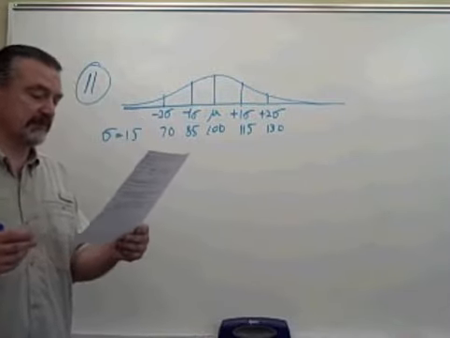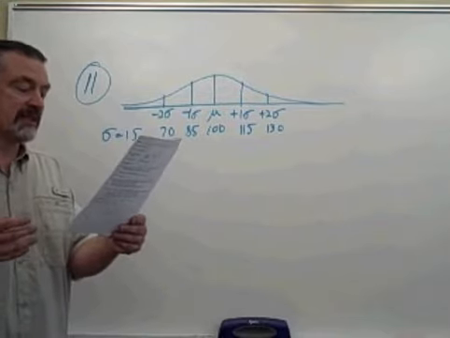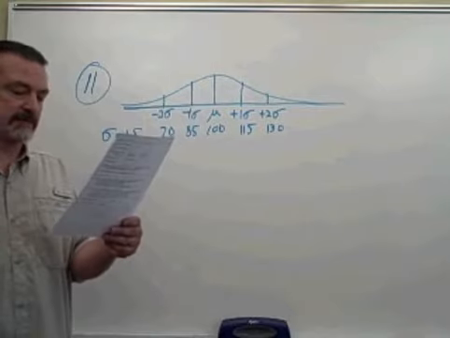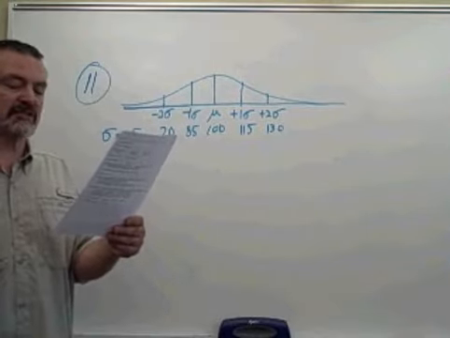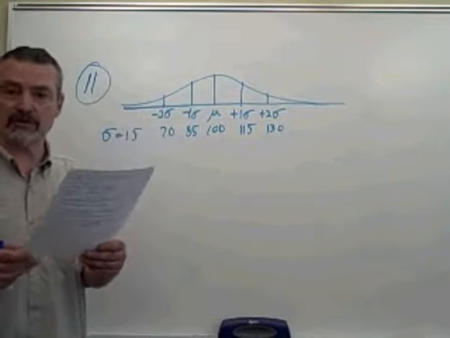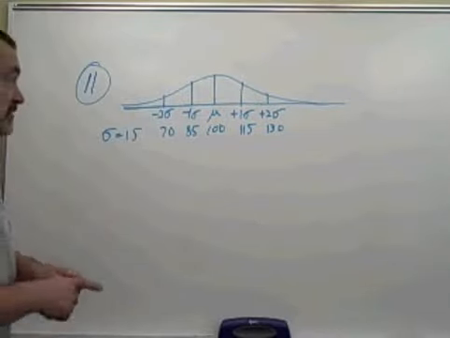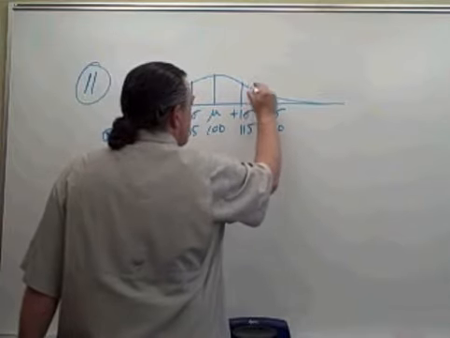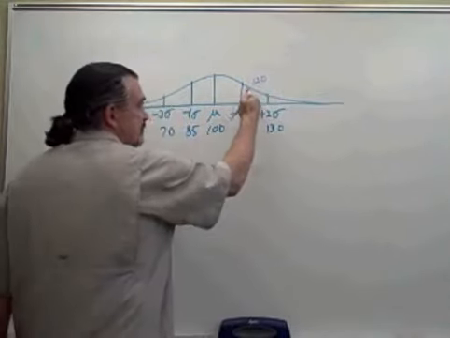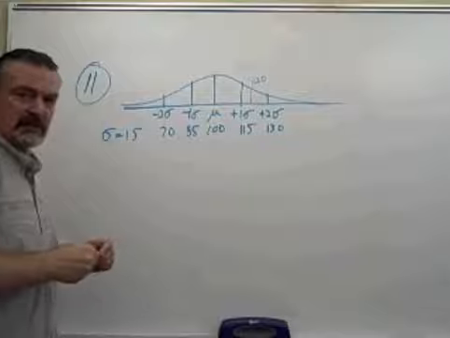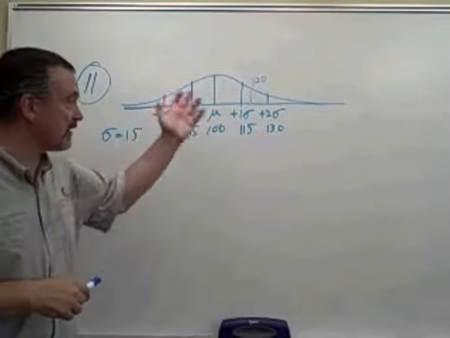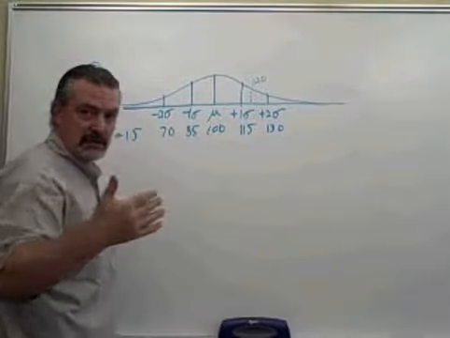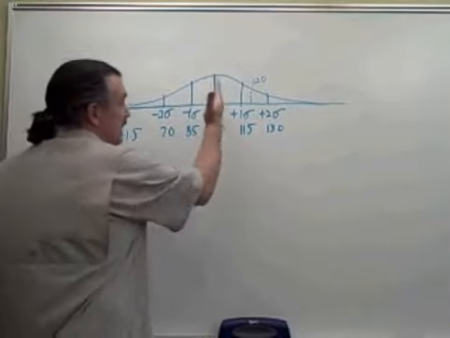The problem says a college requires an IQ of 120 or more for entrance. Estimate the percentage of the population from which it must draw students. So basically they're asking us, for an IQ of 120, what's the percentage of the population that would have an IQ greater than 120? Well, we can use the z-score and the area in the chart to find the area